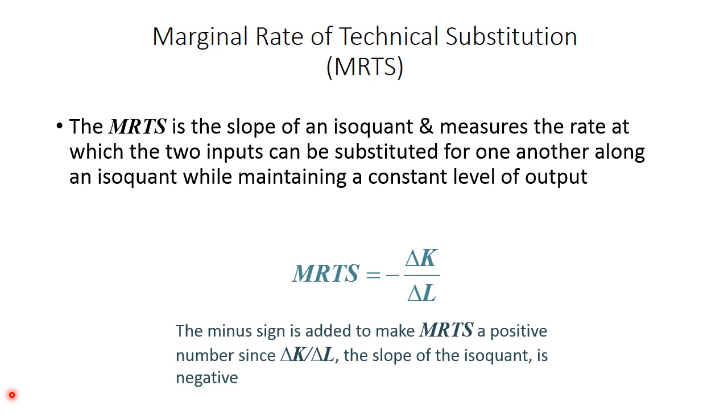Now why do we add the minus sign? So that the negative sign in the coefficient gets cancelled out and we get the positive slope of the isoquant, because one factor we are declining, another factor we are increasing. So the coefficient will be negative. Since if we have the minus sign here, the minus minus will get cancelled out and the coefficient will be positive.